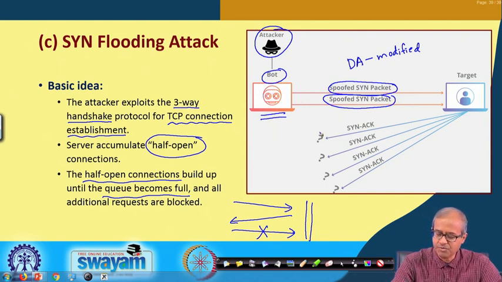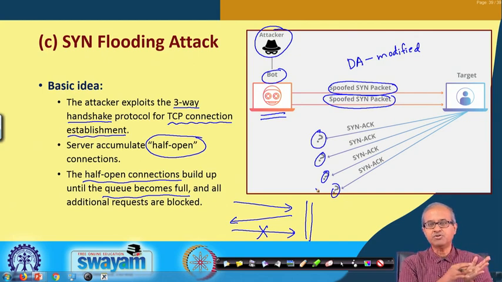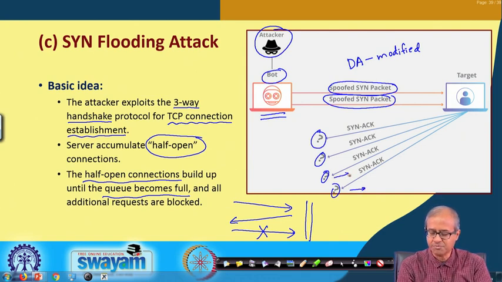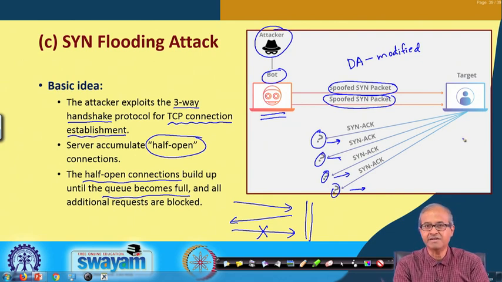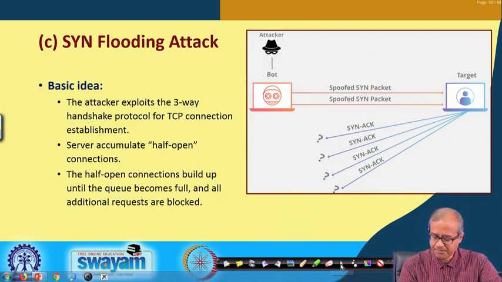So, the responses will be going to some other places, but because those other places are not the ones to initiate the connection, they will obviously not be sending back the third response. They will not be sending back any response to these SYN-ACK packets, and the target will have so many half open connections accumulating over time, and this kind of SYN flooding will take place. Okay.